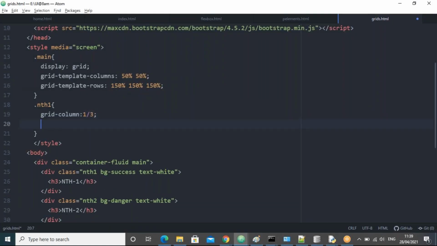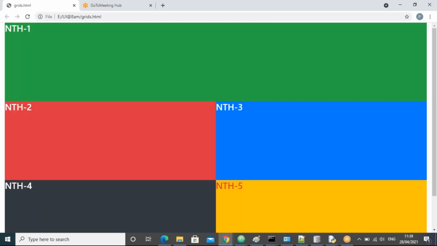I can take the row number also, grid row. I'll take 1 to 2 here, guys. I'll do 1 to 2 only, but I'm taking it again now. I'm fixing it here, guys. Later it will not change. If you see in the previous case, we had taken the columns for 3, and at that time automatic adjustment happened. But now the adjustment won't happen automatically when you remove the other grids. Now it's fixed there. It's locking there, guys.